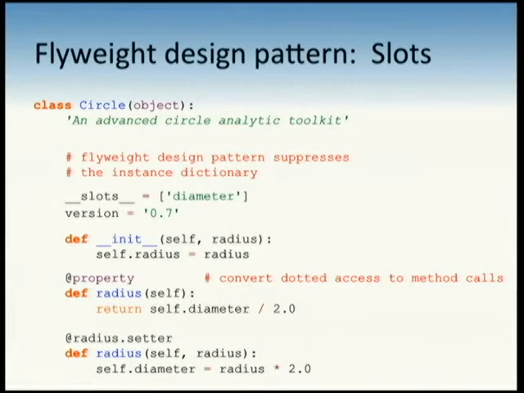What's that? Did you break Tire by adding slots? I did not. I did not break Tire because we have our getter and setter for the radius. It turns out from the user's point of view, there is no change at all. The only people who would be hurt would be a subclass that's storing an additional attribute like color, right? Wrong. The interesting thing about slots, if somebody subclasses you, the slots doesn't inherit. The dictionary suppression capability of it disappears, and so subclassers can add their own attribute. So that's a fine thing. It means subclassers can go about doing their thing, and I have not broken their code.